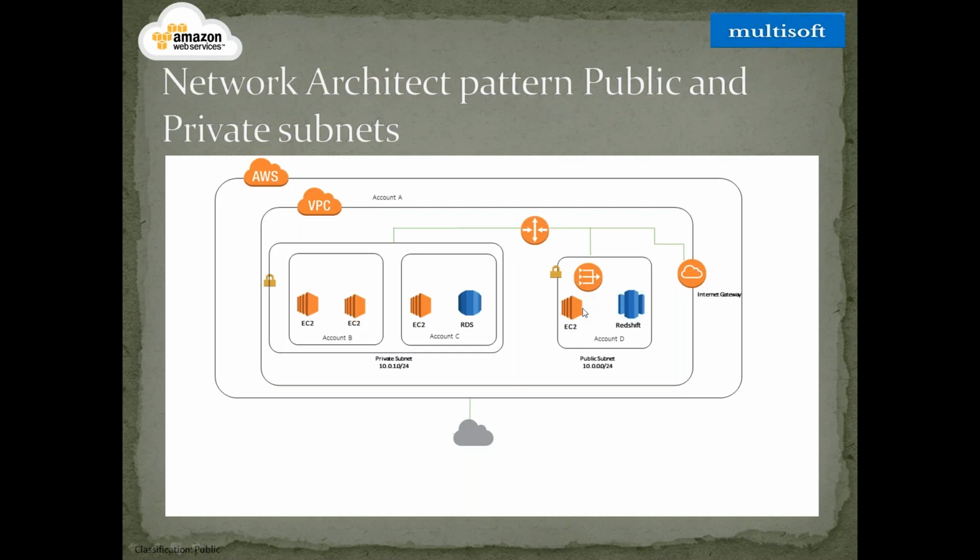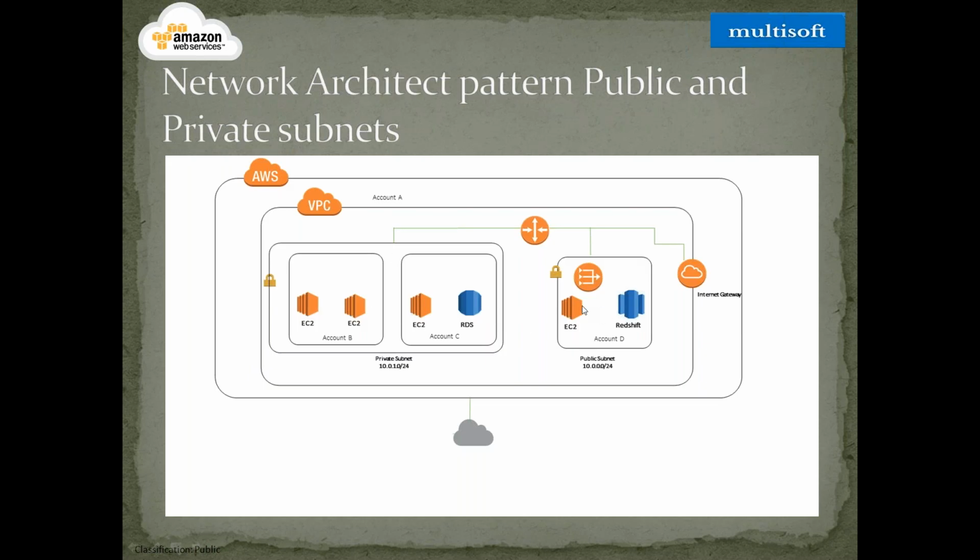The EC2 machine here would be connected to this database, which is an RDS database in this example. It will be connected using a private IP address. When you have a service on the cloud, it has two kinds of IP addresses. One is a private IP address, another is a public IP address. I'll go very slow. A public IP address is available for everyone to access on the cloud. Private IP addresses are available to be accessed only within the VPC.